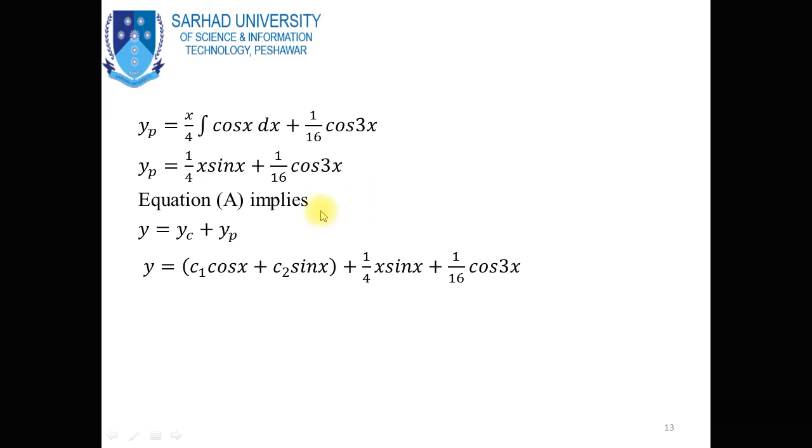So dear students, in this video lecture, you see over here one new case: when the function is in constant form, change the constant function into exponential form. Suppose 4 can be written as 4 multiplied by e^(0x), and then apply the particular solution for the exponential case, that is, replace D by 0.